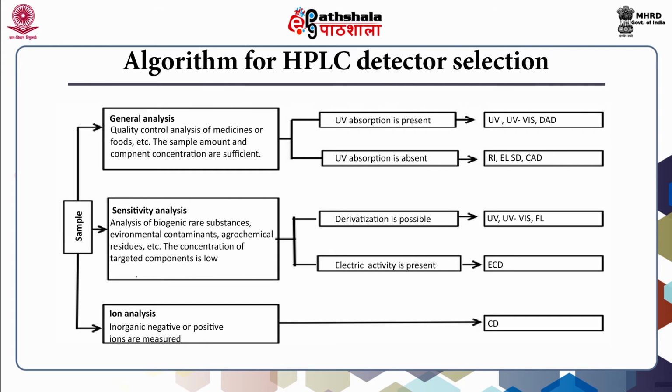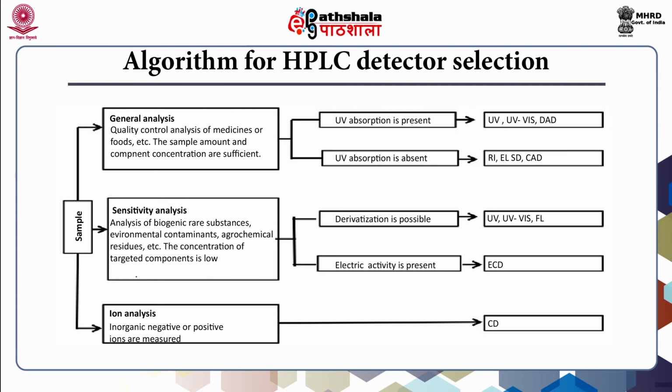For general analysis like quality control analysis of medicines or food with sufficient quantity of the samples, if the test compounds have the property of UV absorption, then we can use UV or UV visible or DAD detectors in this particular case. If these compounds do not have the property of UV absorption, in such samples we can use RI detector or ELSD detector and